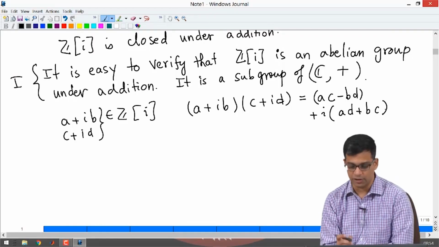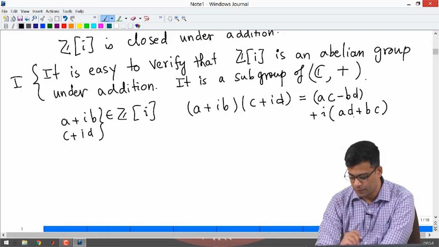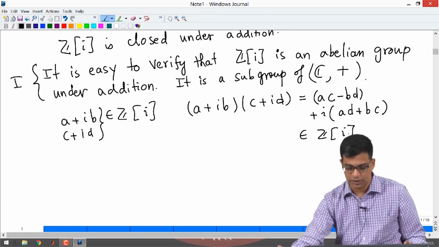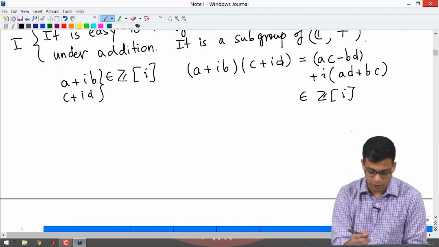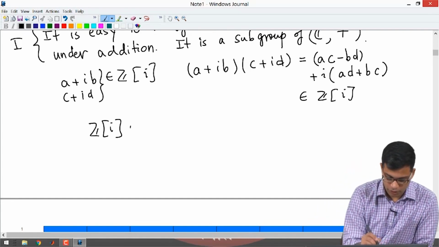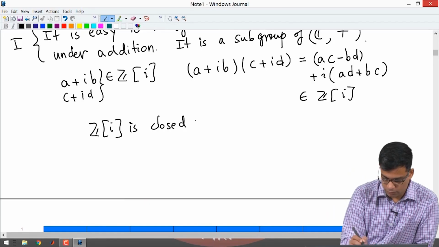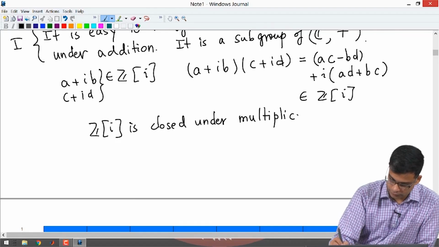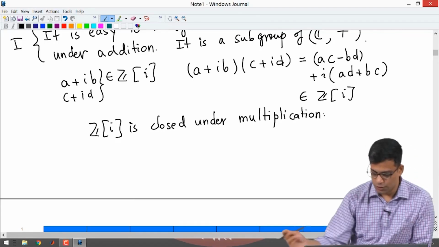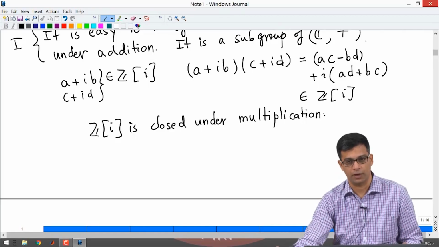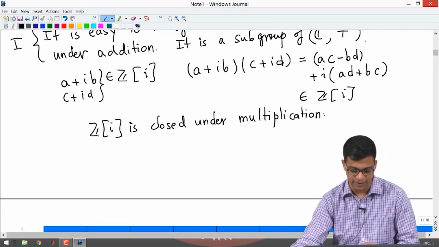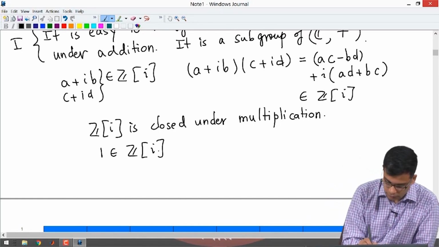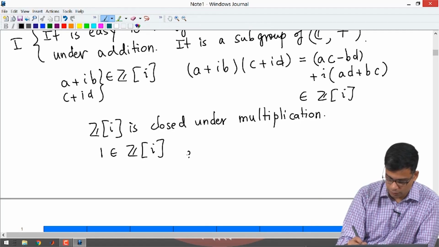Now, a b c d are integers. So, ac minus bd is an integer, ad plus bc is an integer. So, this is also in Zi. So, first point I want to note is Zi is closed under multiplication. We proved that here. So, it is closed under multiplication, which is an important property for a ring. There is a multiplication on the set and it has identity. One is in Zi, and it is associative